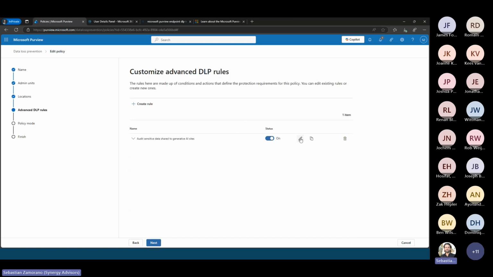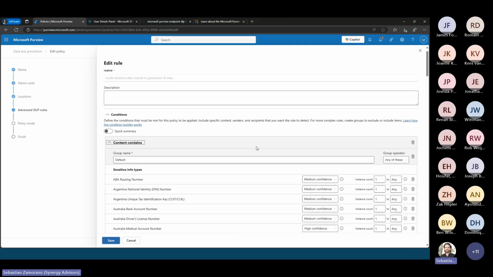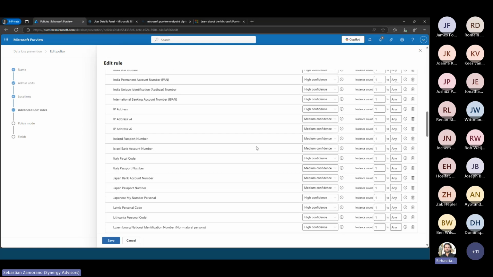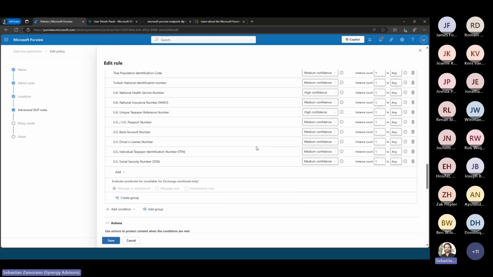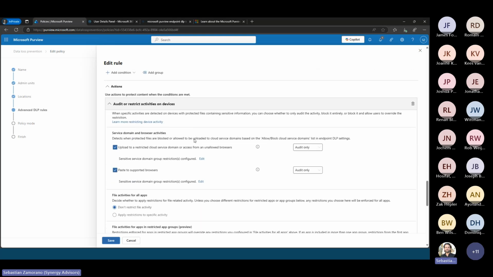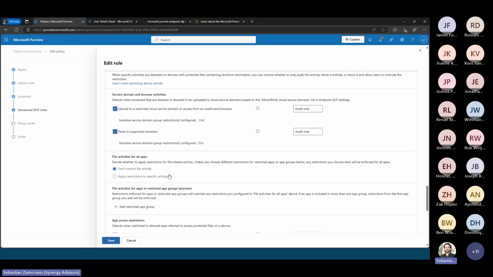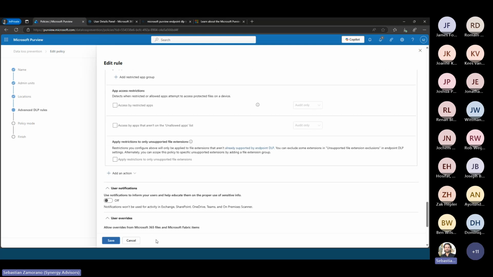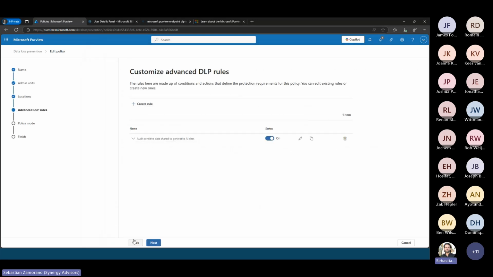And here we can see the rule that was created. We have a lot of sensitive information types that were added automatically related to PII information, and we are only auditing activities related to certain domains or certain data. For that reason, to go forward